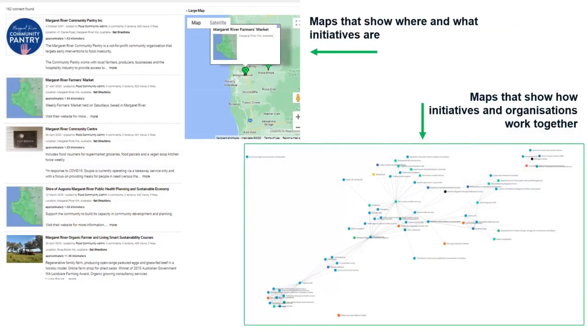Here are some other maps that we have generated. So for example, we are constantly adding to a pin drops map that shows all of the different initiatives that are occurring across the WA regions, and a partnership analysis map. And so this helps to show how connected the different organisations are and perhaps those that might not be as connected in, and how we could bring them into this broader network and help them to collaborate further if they want to.